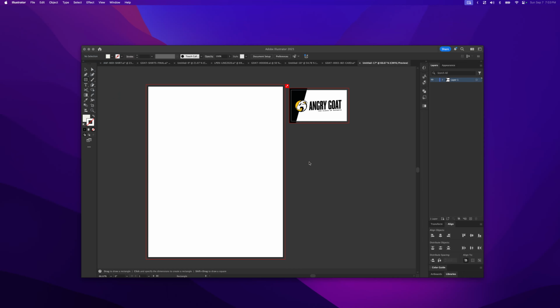Hey guys, I'm going to be walking you through how to establish crop marks on your document, as well as how to produce a file with what's called imposition. And imposition basically means, you may hear the term referred to as "in up" or "number up." And that basically just means how many of one document am I putting on a larger sheet